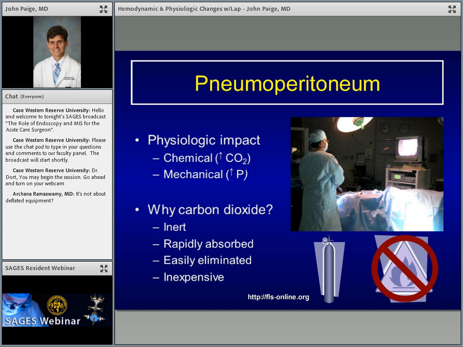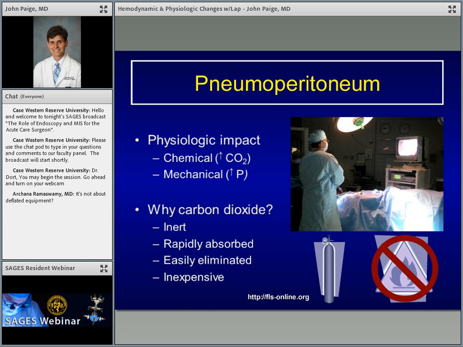Let's talk a little bit about what you do when we do our procedures. One is we put patients in either reverse Trendelenburg or Trendelenburg, and those two have an impact. Not only does insufflating the abdomen, but putting our patients in the various positions to help with exposure have important impacts on the physiologic